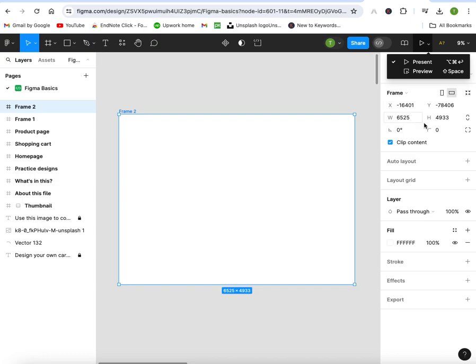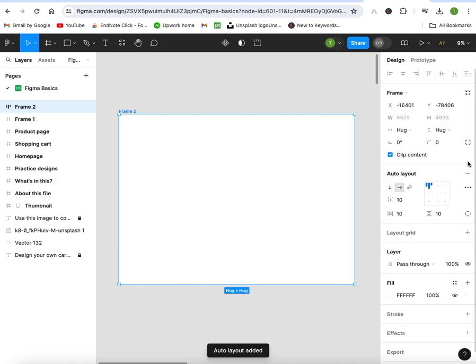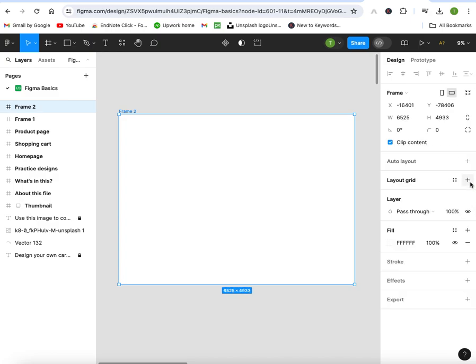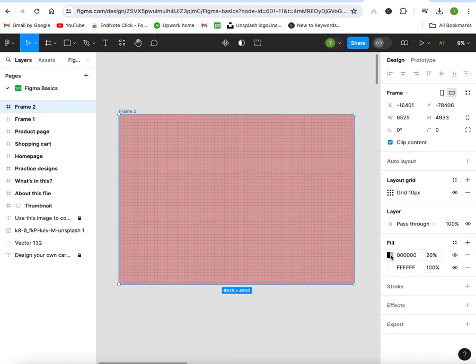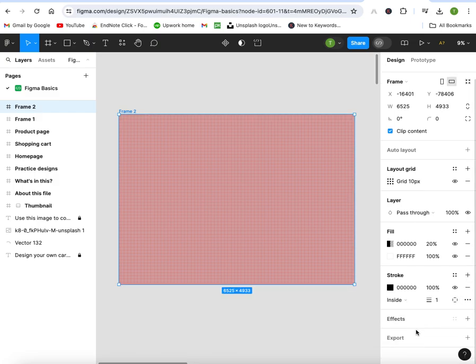And on my right hand side, you can see the different options to resize your page. So these are all the sizes available here, or then layout, different options here so that you can fill out your text, your colors, effect, how you want to export, etc. Then layout grid, so what design you want to use. There are different sizes and grid colors, and then fill colors, so you can switch from here. And if you know the code by heart, you can just type in here and add color onto your text box. Then different stroke, so it's here, and different effect,